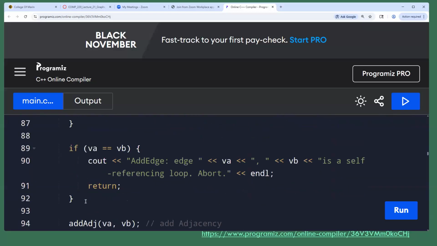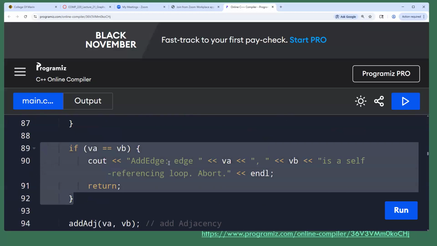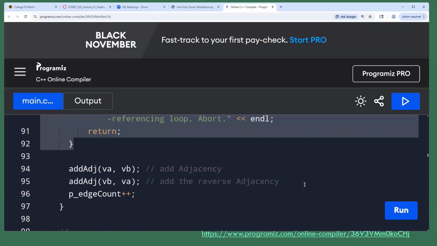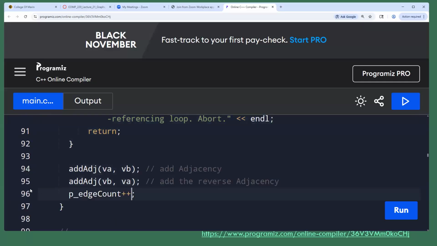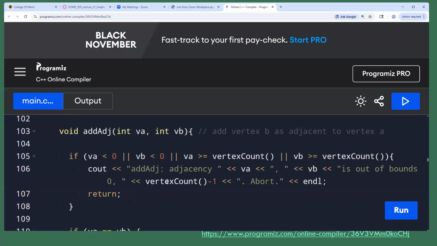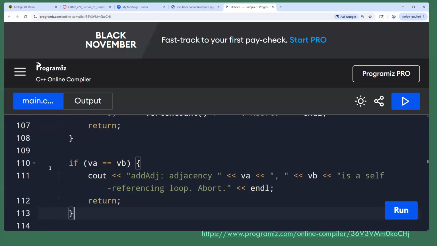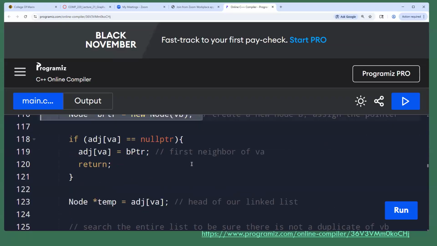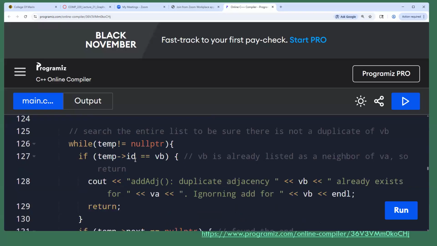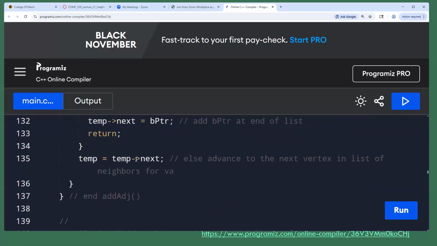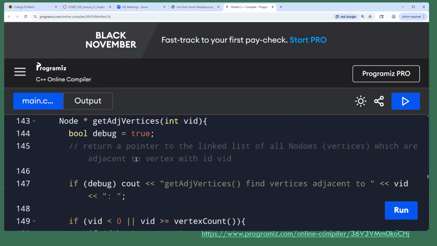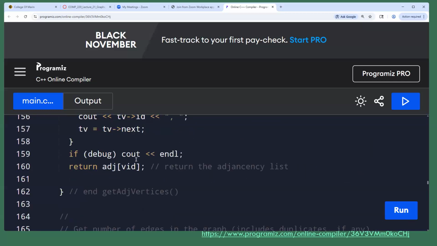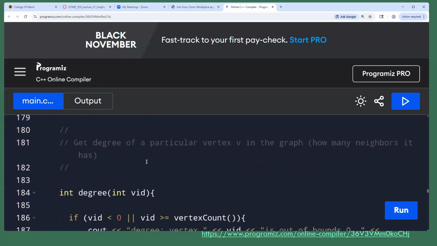We're checking to make sure you're not giving me a VA that equals a VB and so on. But there's our adjacencies. We saw this code, right? Here's the code for adding the adjacency. And then there's us creating the node. So we've kind of seen this. It's all written. Here's the searching, right? Next, temp equals next. Here's our get adjacencies. We'll skip over that. Let's jump down to our print